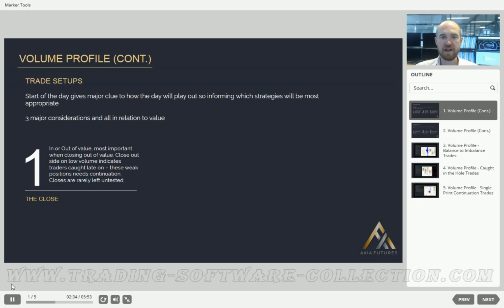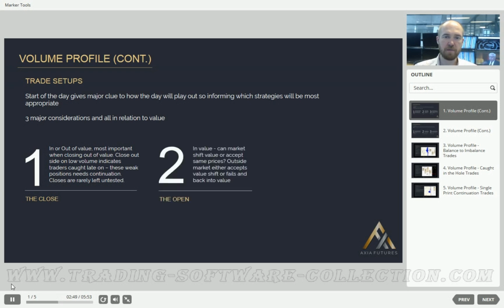Now, if you get a close in value, this is telling you that the market is very comfortable with those prices and is a little bit less indicative of trade the next day. You're going to need to wait for the open and what that does. That's going to give you a better clue. So moving on to the open. Again, in or out of value. If we get an open in value,